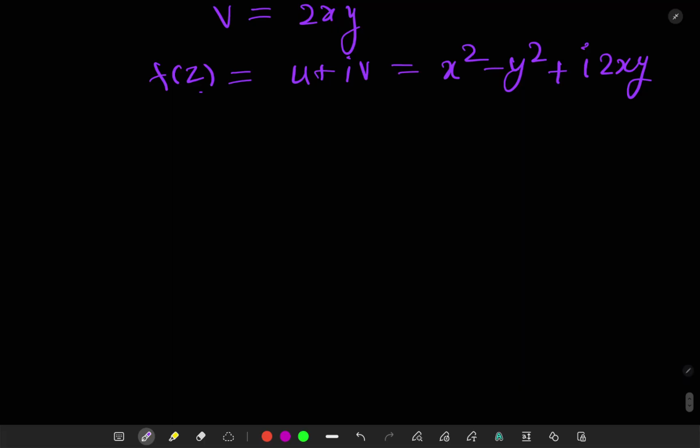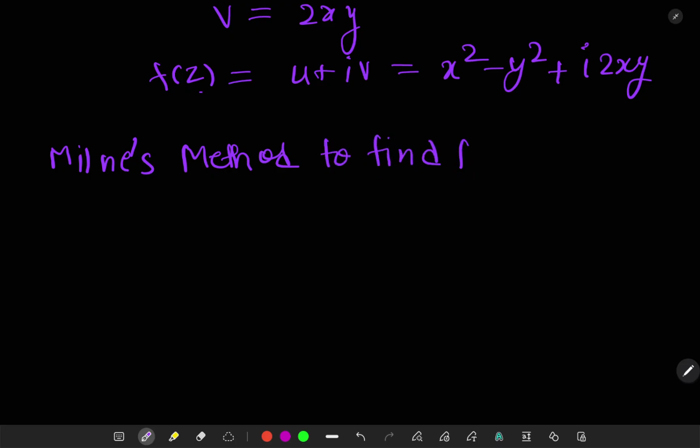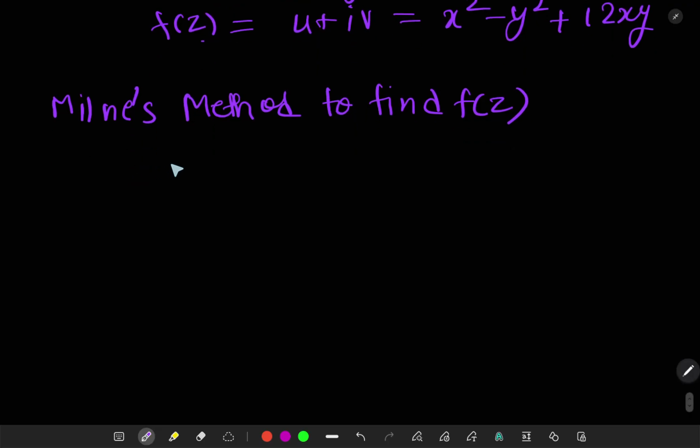Now another method to construct an analytic function, which is Milne's method to find f of z. For constructing an analytic function without finding v, if u is given, and if v is given without using u, and u is not given, for this case,